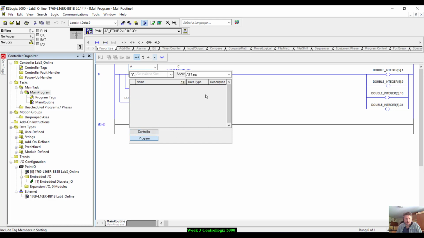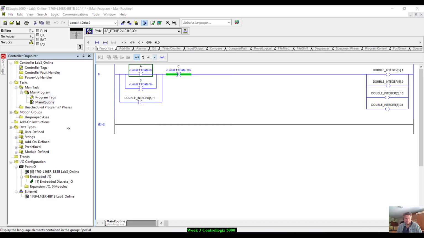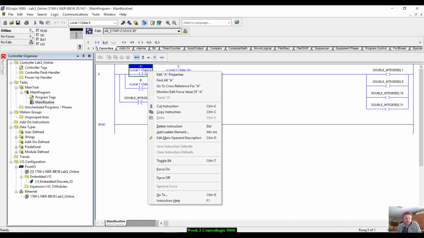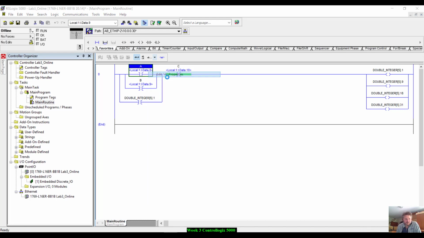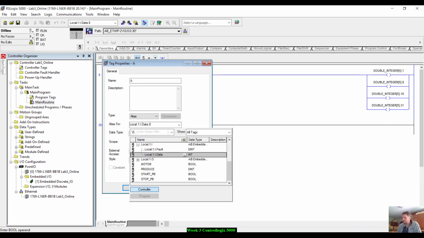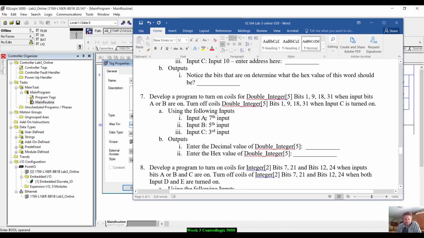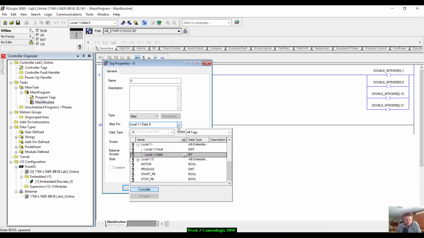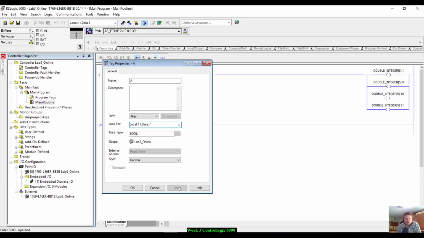Okay, so to change the addressing of this, I was thinking I could change it here, and I might edit a property. See, right here I can go into the properties. So the challenge for 7 was we have to have the 7th input, the 5th input, and the 3rd input. So I just got to come in here, go to data, select 7, apply, okay,